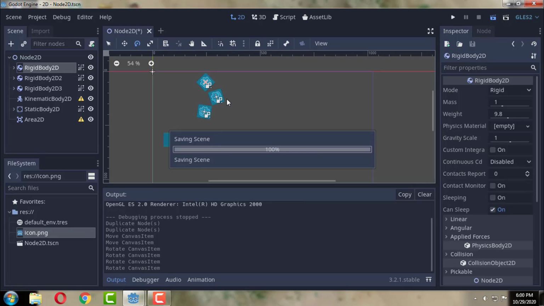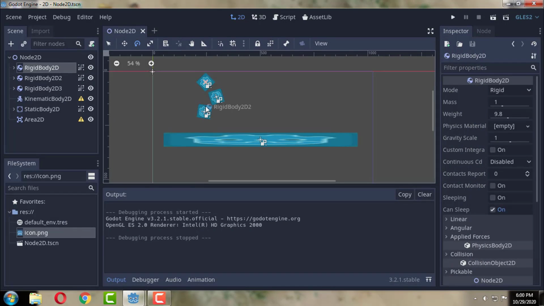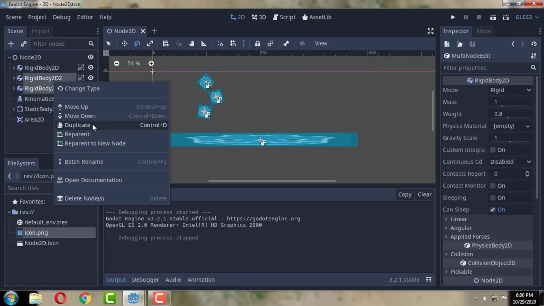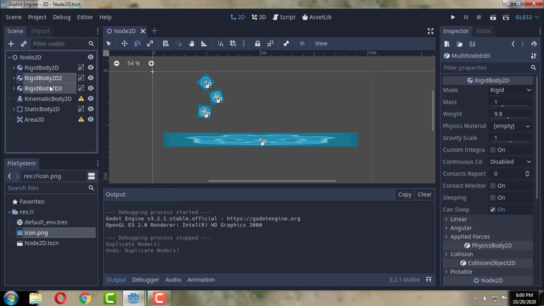If you now playtest, I mean run the game, you can see some interesting results. They are behaving like boxes. I can explain the mathematics behind these things, but they are very complicated. If you don't need this, and in our case we will not need it for now,